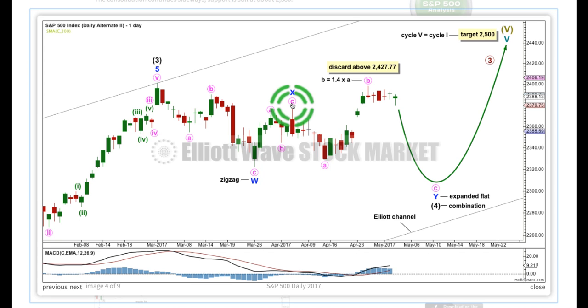And here we may have the start of a second structure subdividing 3, 3, 5, an expanded flat correction. There's no rule stating a maximum limit for B waves within flats. There's a convention within Elliott wave that says when your possible B wave reaches more than twice the length of the possible A wave, it's not invalid, but the idea of a flat should then be discarded based upon a